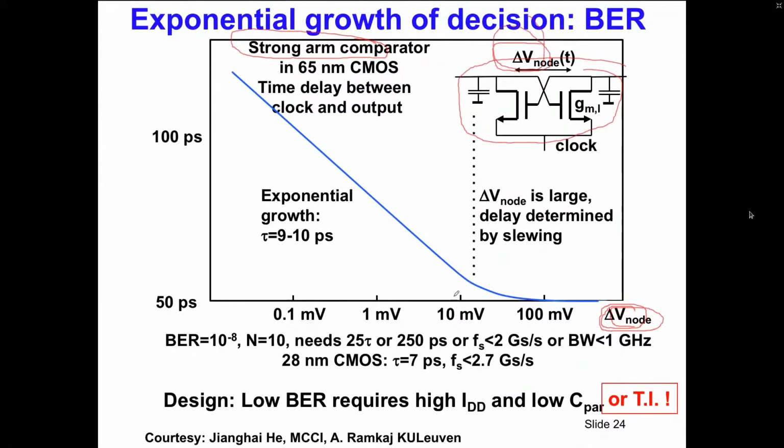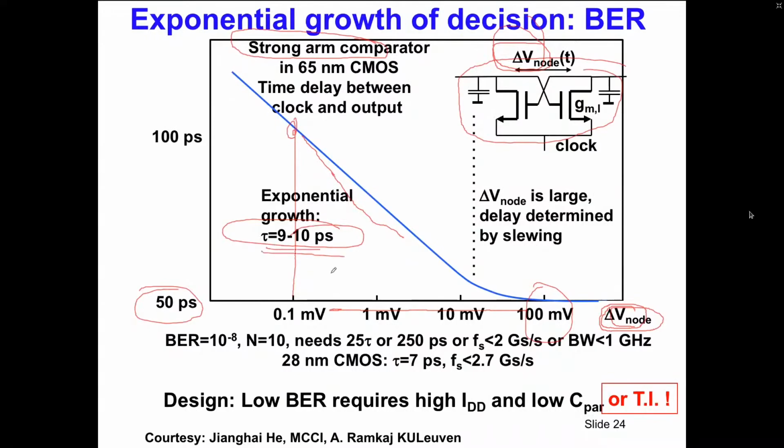Yeah, if you have a starting value of say 100 millivolt, then basically you don't lose much time, because the 50 picosecond over here is the post-processing delay, but you do not lose any time because of the settling of this guy. But if you go to smaller node values, then you see that the settling starts to increase. And the slope of this line follows an exponential behavior, because you see that the horizontal axis is a log scale, and you can directly derive that the tau here is something like 9 to 10 picoseconds. And that's devastating.